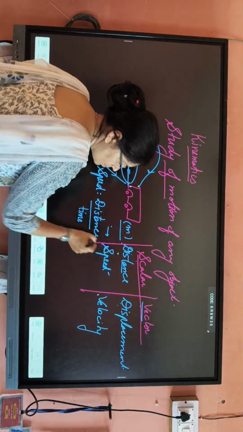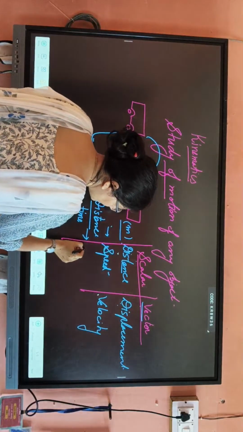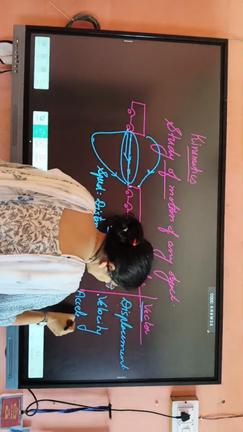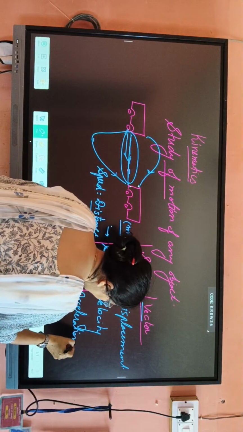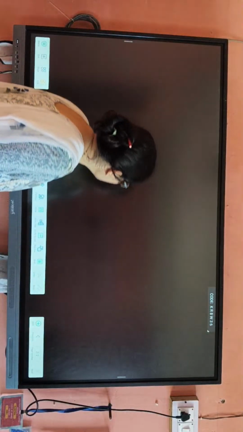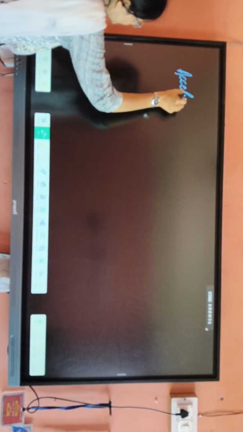So next one your speed. Next one will be better your acceleration. Acceleration will be equal to your change in the velocity. We have done already. Acceleration is equal to change in our velocity. Change in velocity per unit time. Acceleration